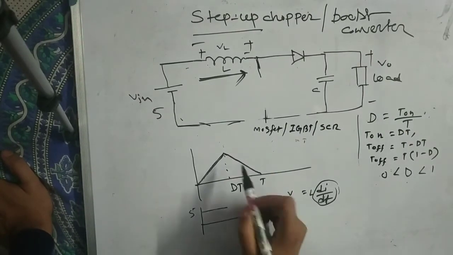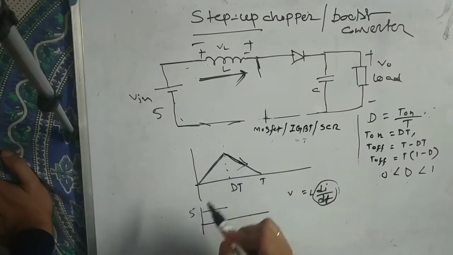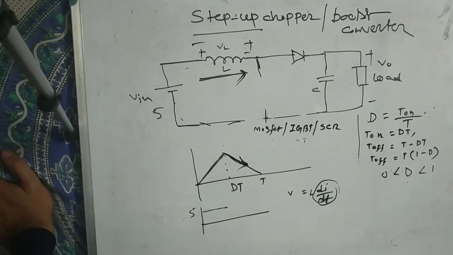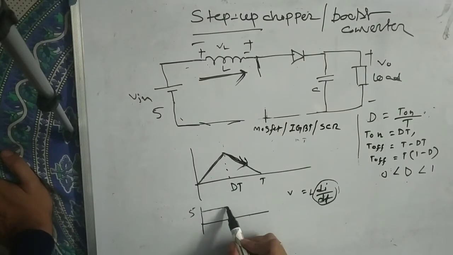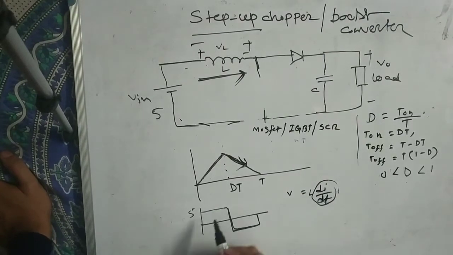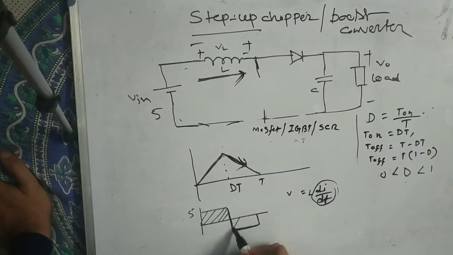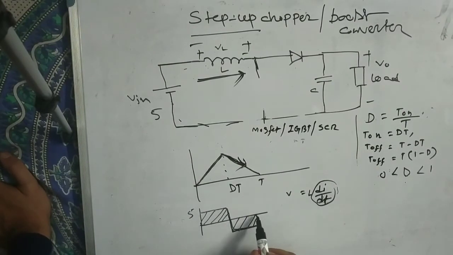So after dt time, we can see the ramp is negative, so it is in the negative direction. The ramp being negative means the derivative has a peak change at this time. So the voltage across this will be like that. If we take the derivative of this function, we will get this. So in the positive half cycle you will get positive voltage, in the negative half cycle you will get negative voltage.